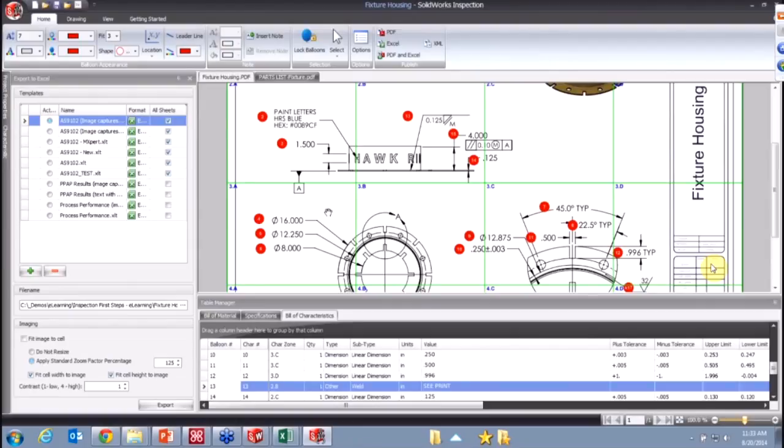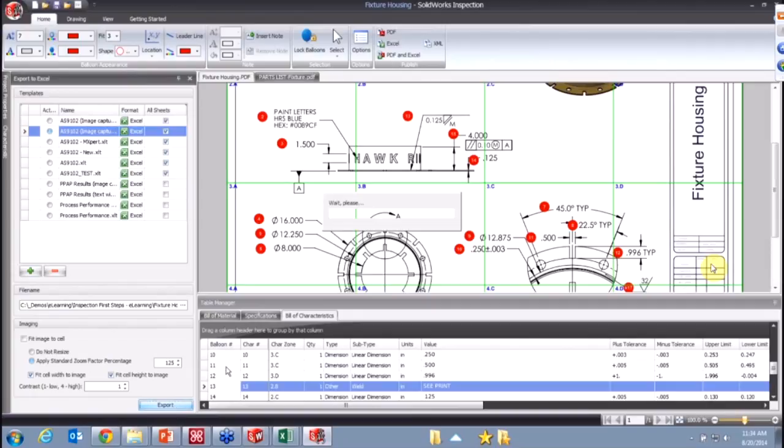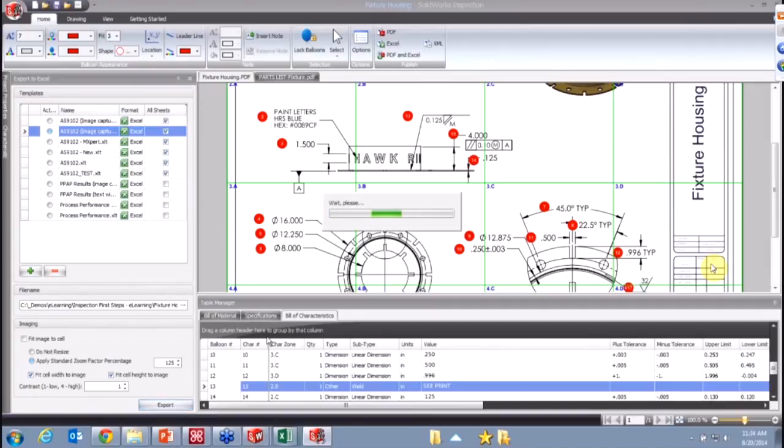And then if I go back to the SOLIDWORKS Inspection, it's waiting for me to export the Excel again. And so here's the ones that come in with the standalone product. Sort of the same ones as before. If you have the Pro, then these M-Expert ones would interest you, because it gives you the measurement expert options for when you're entering the results in the inspection window. But I'll pick this image captures, click the export,